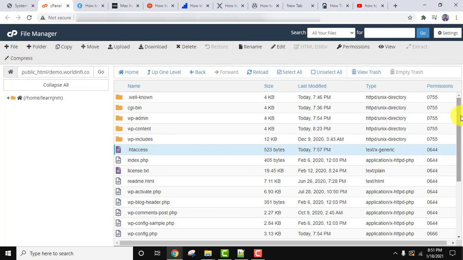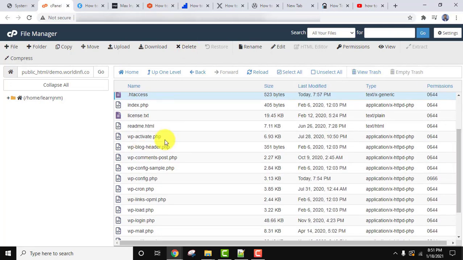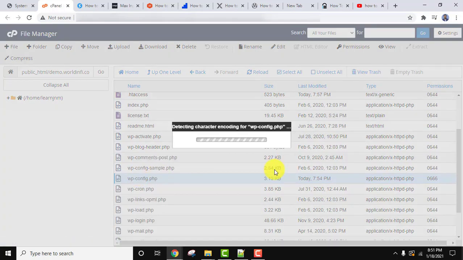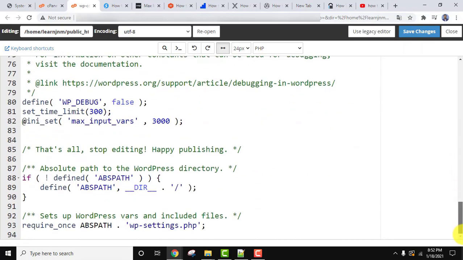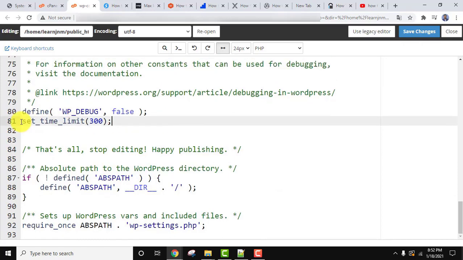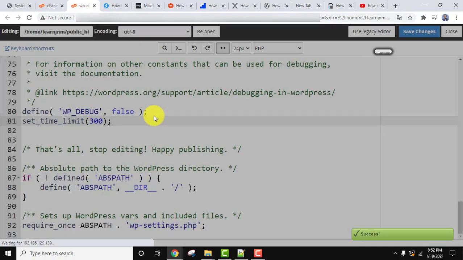Here we edited the wp-config file. Right click, edit. So guys, if you remember, just before this, we added the following two. The first one fixed the time limit issue, but this failed in fixing. So we will just remove it and click on save changes.